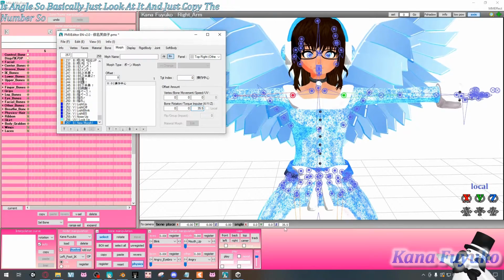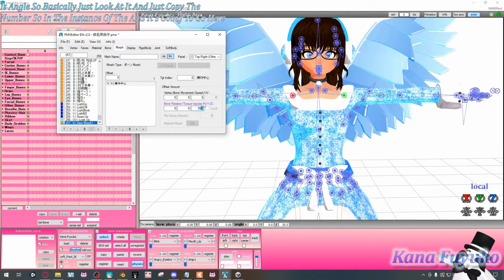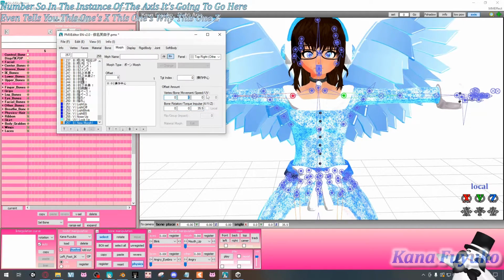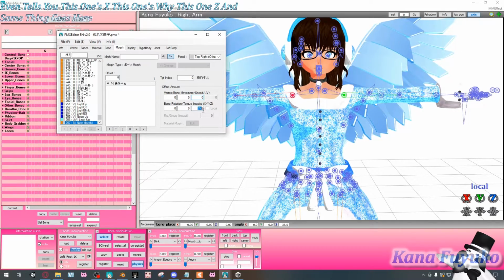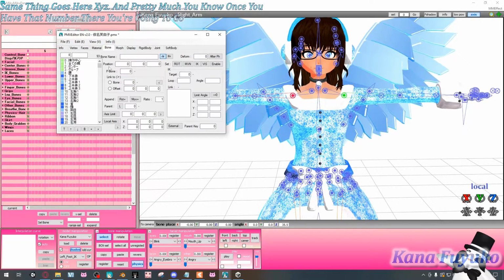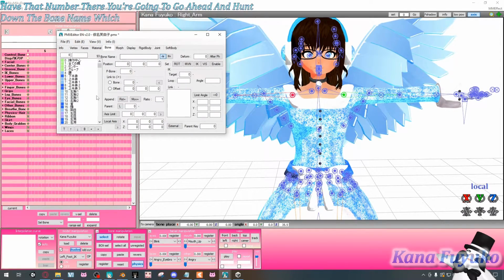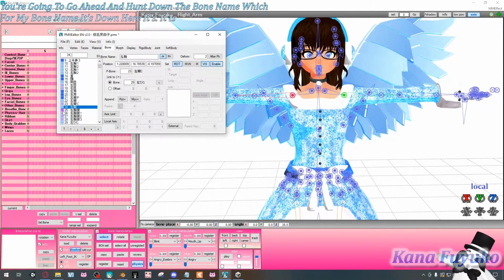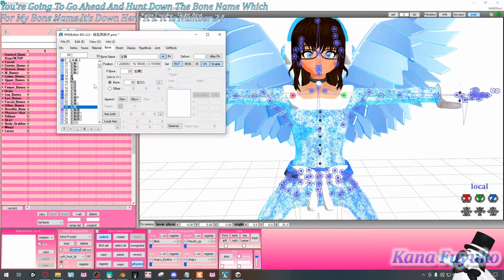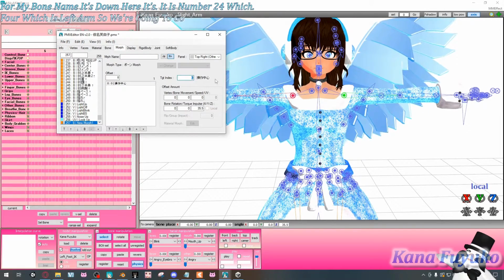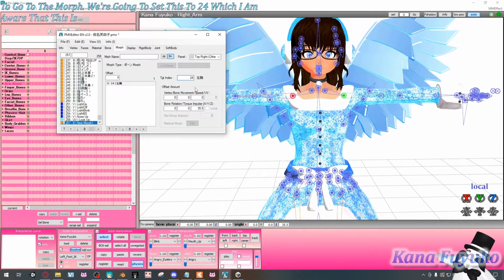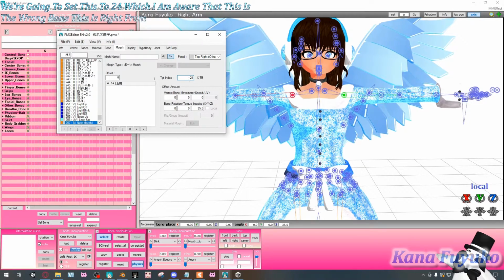In the instance of the axis, it's going to go here. It even tells you this one's X, this one's Y, this one's Z, and same thing goes here, X, Y, Z. Once you have that number there, you're going to hunt down the bone name, which for my model is down here. It is number 24, which is left arm. So we're going to go to morph and set this to 24, which I am aware is the wrong bone, but I'm just wanting to show you that